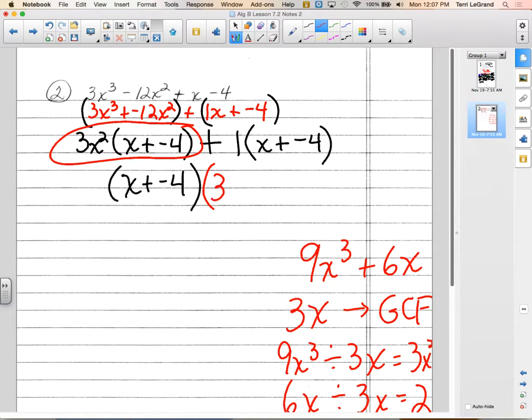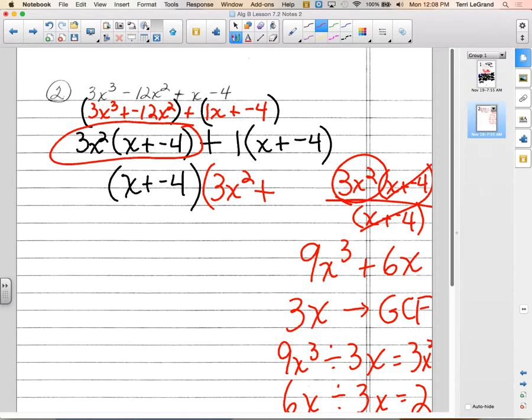What do we get when we divide that by x plus negative 4? We get 3x squared. I'm going to show my division with a fraction bar instead. These cancel out when we divide, and this is the result. So 3x squared. Remember what we did with these? We added them together after we did the divisions. So plus,